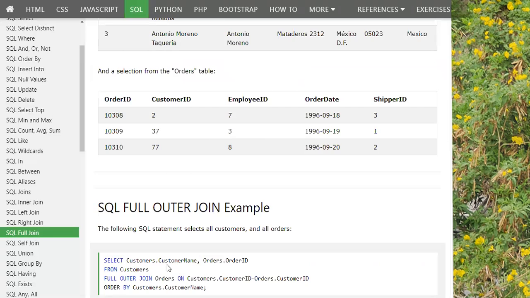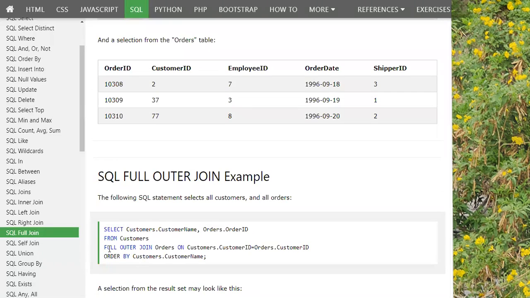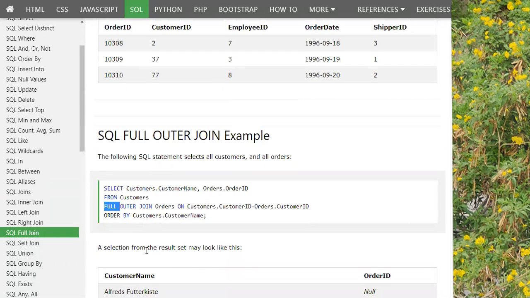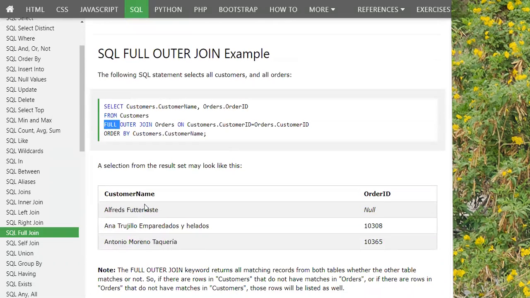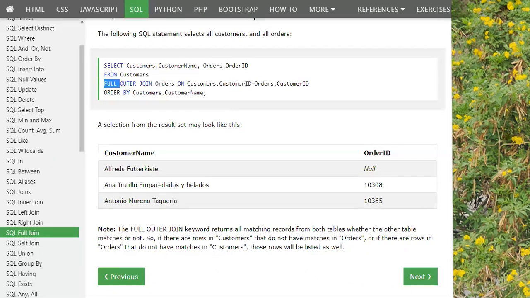Going to the syntax, it is the same, just instead of left outer join or right outer join, you put full outer join. So you will get this type of output. Again, there is a note for you: the full outer join keyword returns all records from both tables, whether the other table matches or not.